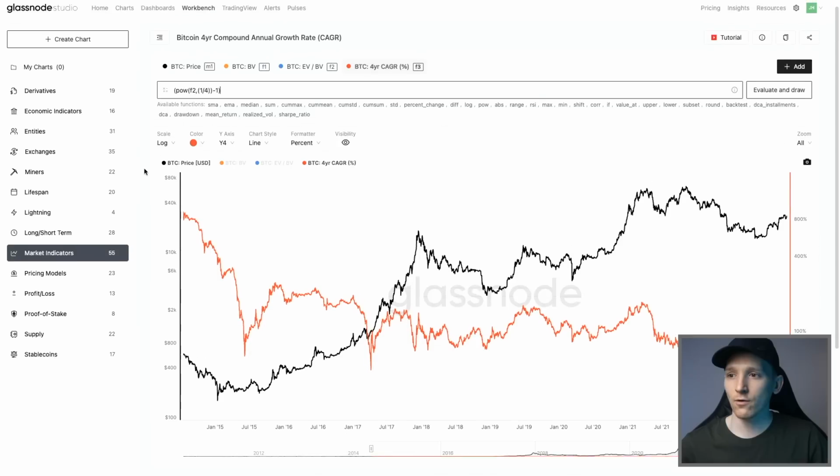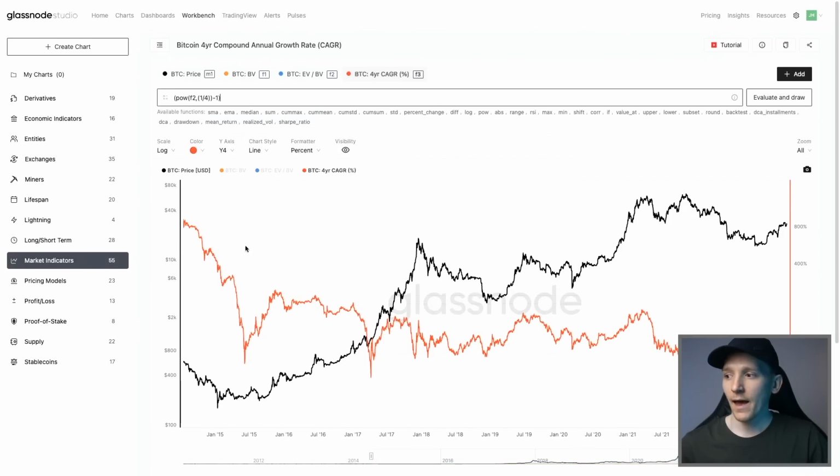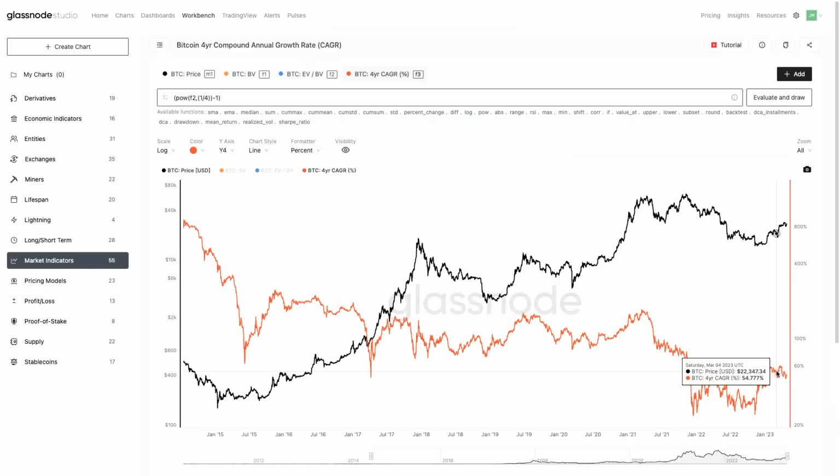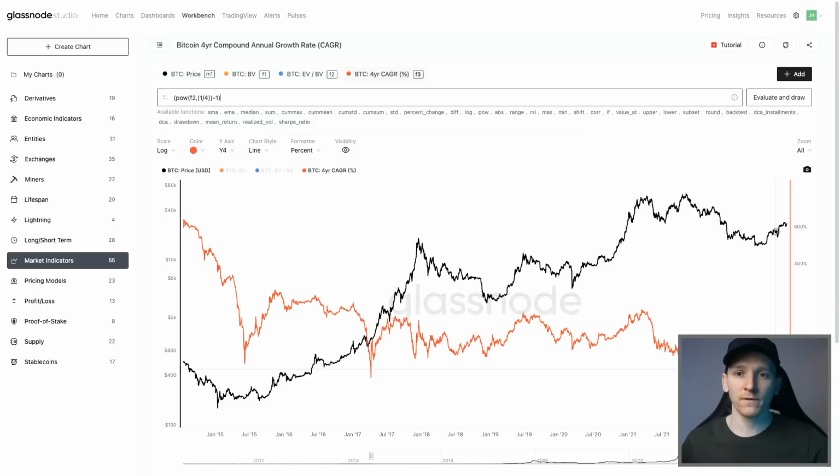So what we can see here is CAGR for Bitcoin, and what we can see right now is that the compound annual growth rate for BTC is around, let's call it, 50%. So this is a 4-year CAGR. I'm going to get myself out of the way so you can actually see that down here where my cursor is. If you hold Bitcoin for 4 years, you should on average make around a 50% return per year. Now that obviously has a lot of volatility in it, drawdowns, bull markets, bear markets and everything, but